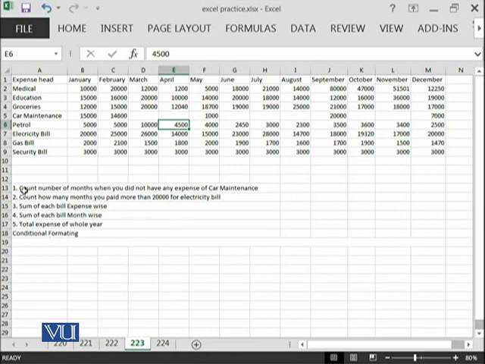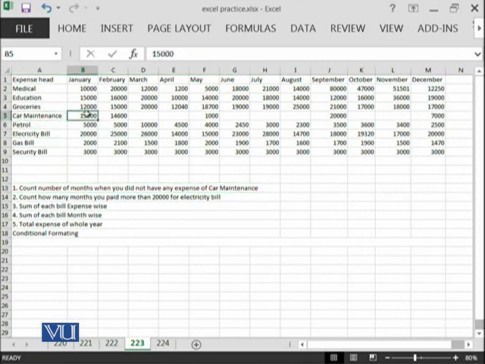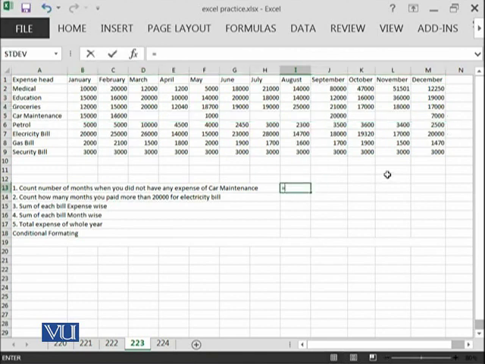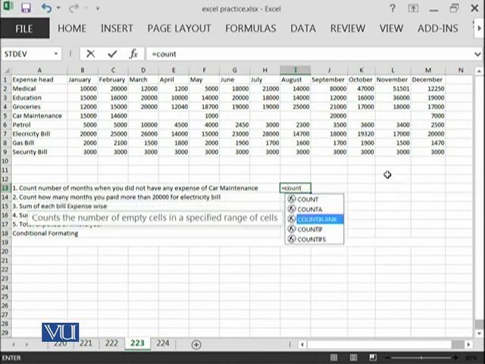So for example, the first thing is to count the number of months when you did not have any expense of car maintenance. So this means I need to go from here until here. So this is B5. So I'm saying equal to COUNTBLANK, right?